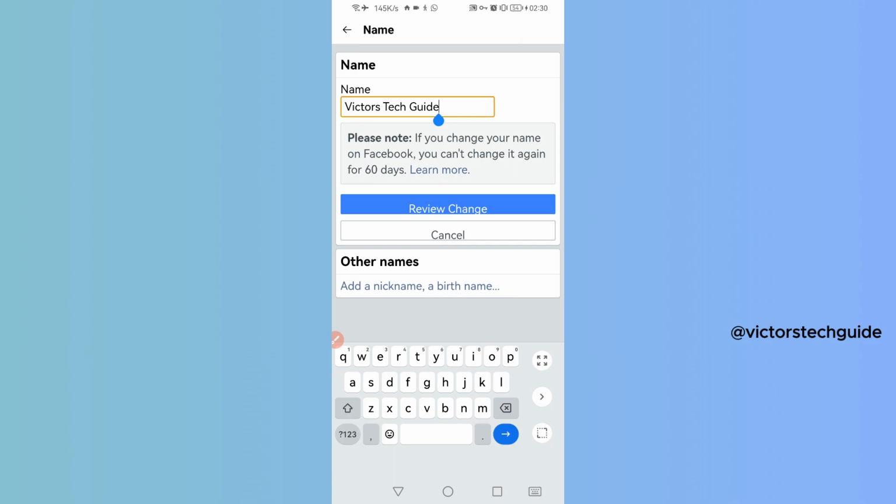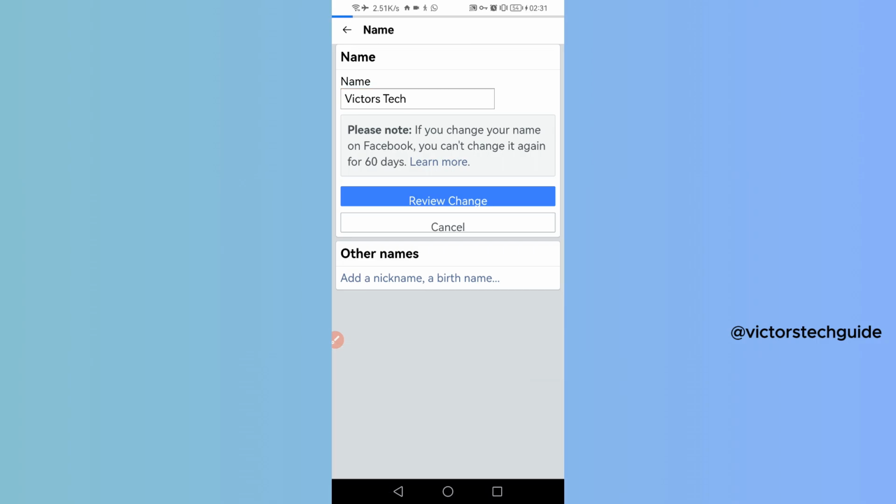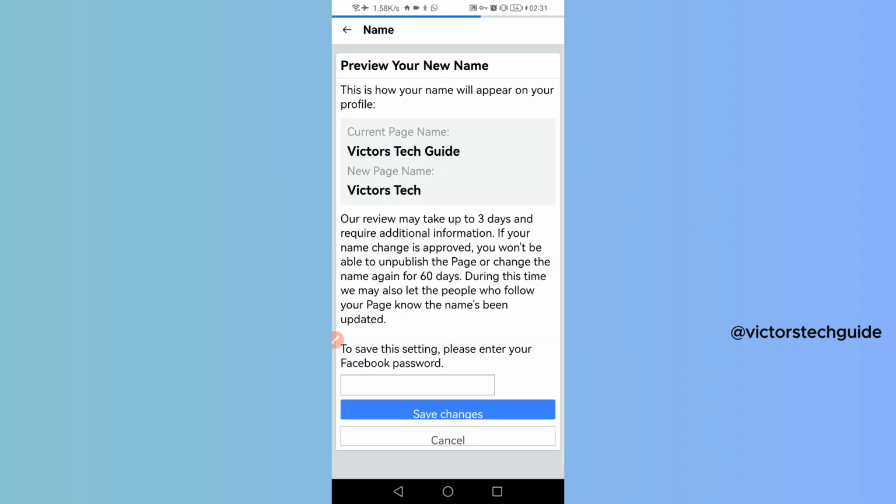And keep in mind that if you change your name of Facebook, you can't change it again for 60 days. So you need to keep that in mind. Just tap on review change. So you'll be required to enter your Facebook password. Once you enter your Facebook password, just tap on save changes and then you'll be able to change the Facebook